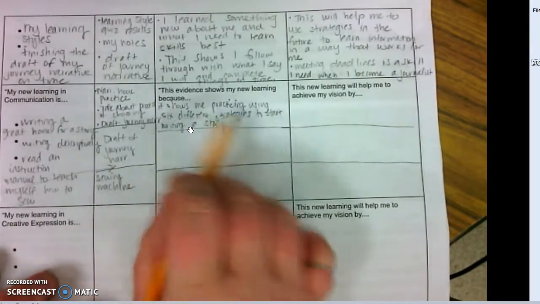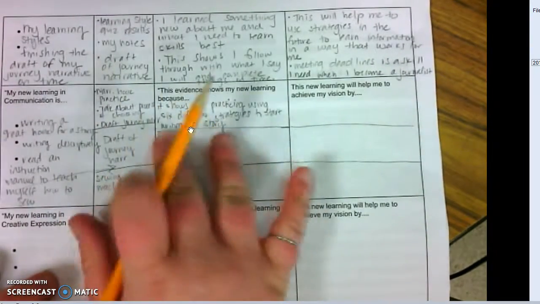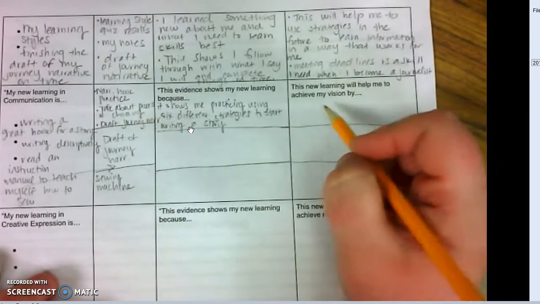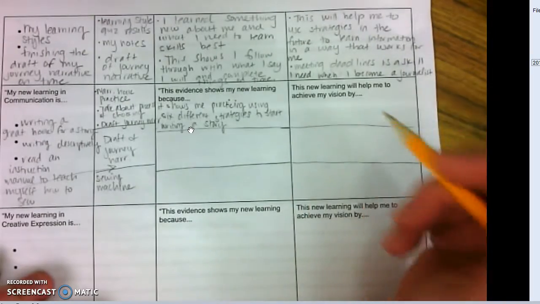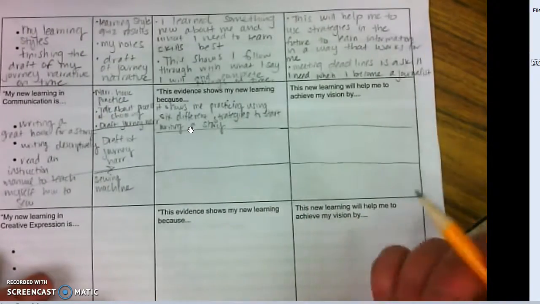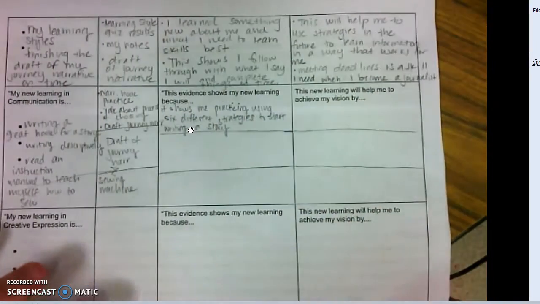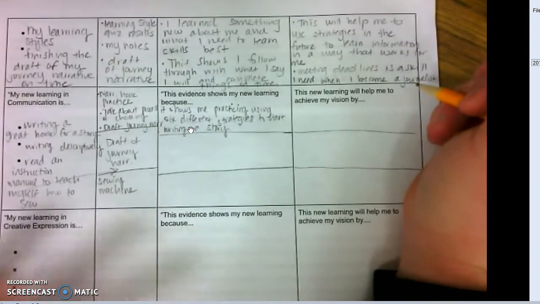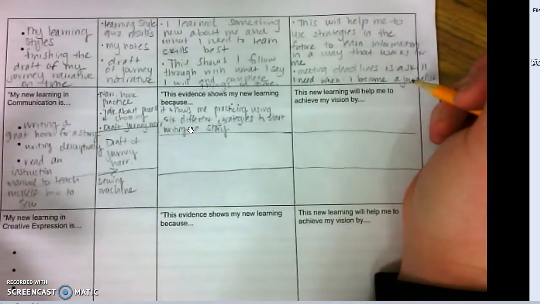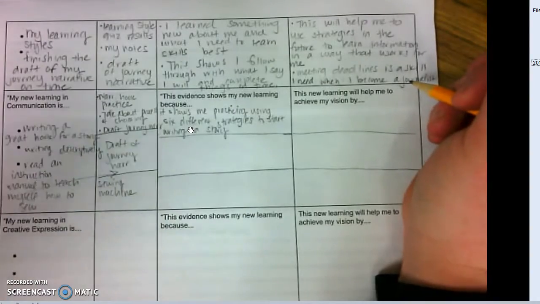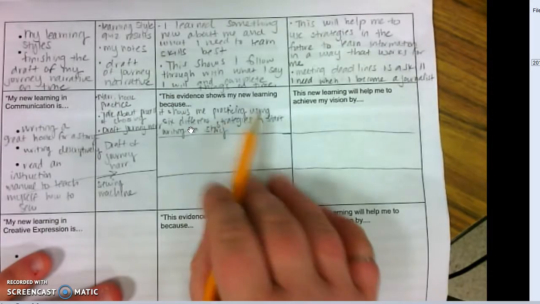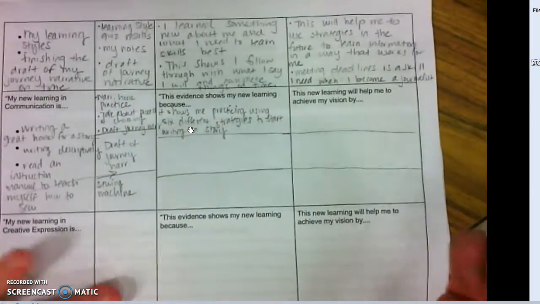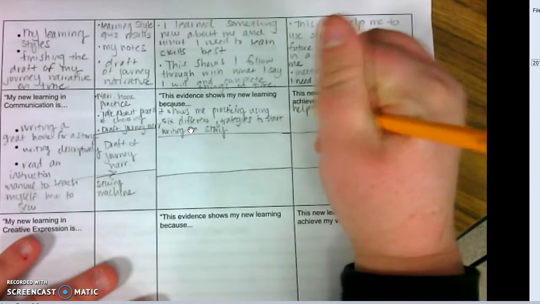It's great to have evidence. It's great to have explanation. These are the most important things. But you also want to make sure that you talk about your motivation. So why did you do this in the first place? How is this going to help you achieve your vision in the future? So imagine that I have a vision that I want to be a writer. I would say that in particular this how to write a great hook will help me to achieve my vision by helping me